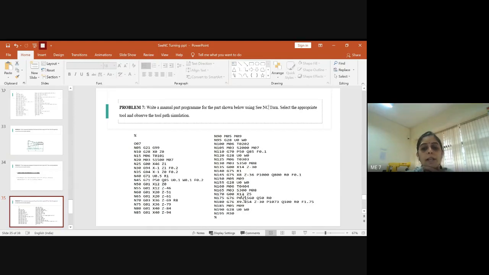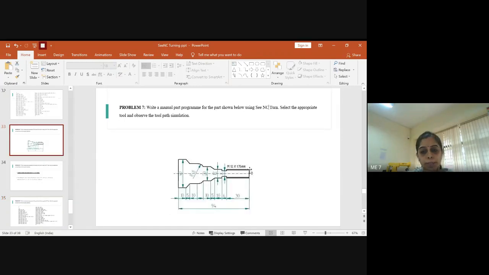So you will write the value of X is equal to 12, and if you give Z is equal to 0, the tool will touch the workpiece. So we are fixing the value of X from where the operation has to be done, but we are keeping the tool a little bit away. For that, you give some positive value for Z. It could be Z2, Z3, 4, 5, whatever, so that the tool will be near but not touching the workpiece.